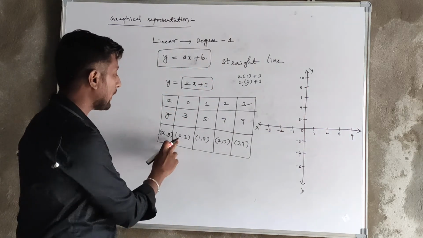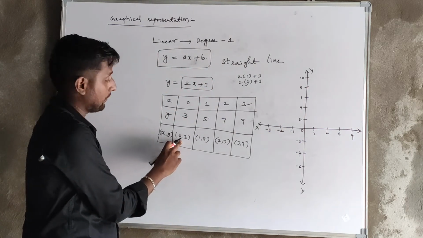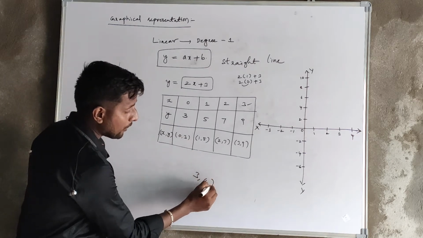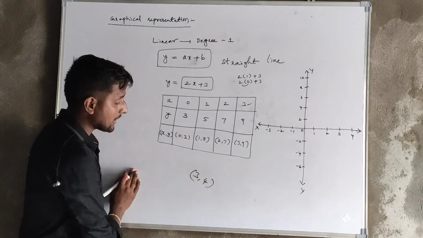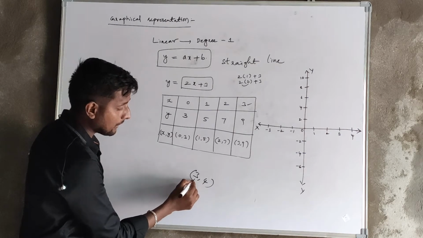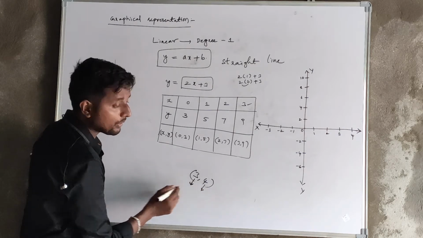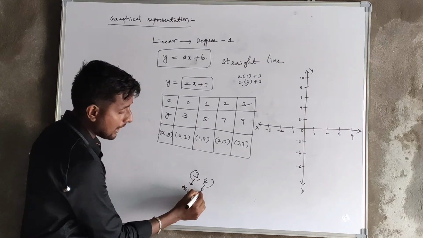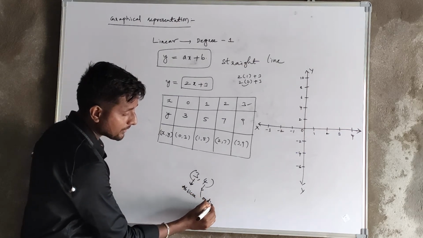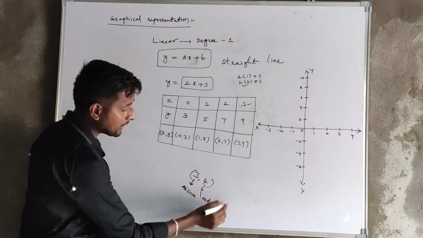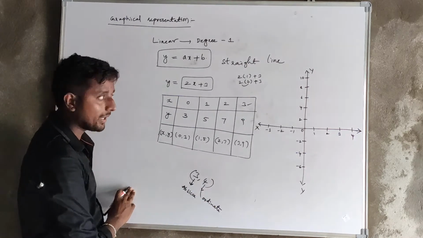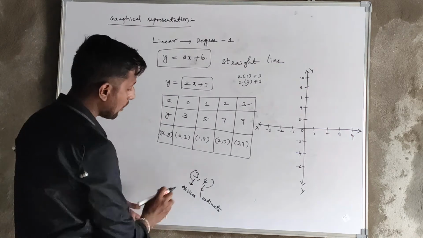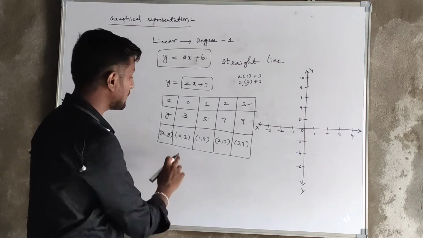Now if you try to locate 0 comma 3, for example 3 comma 4 is a coordinate. Am I right? So the first one is called the x coordinate, the second one the y coordinate, and the first one can be called the abscissa, and the second one can be called the ordinate. The combination of both is called the coordinates. Okay, so the first one belongs to the x-axis, the second one belongs to the y-axis. Okay, let it be 0 comma 3.